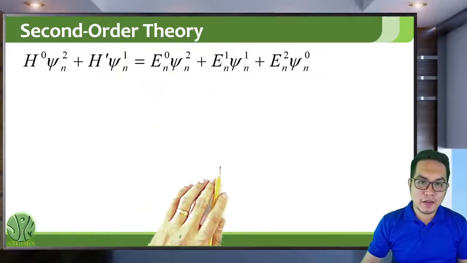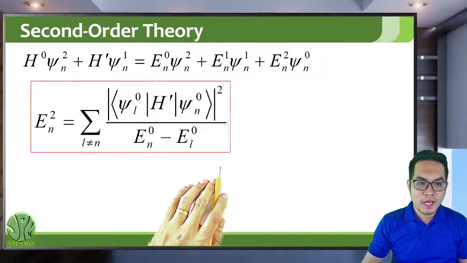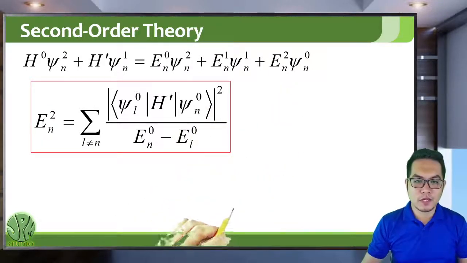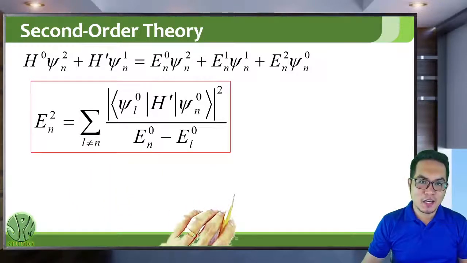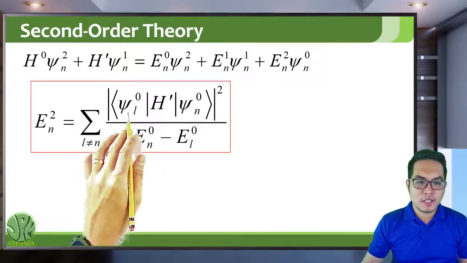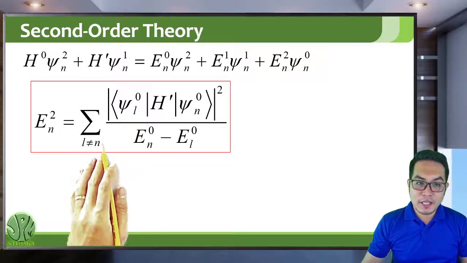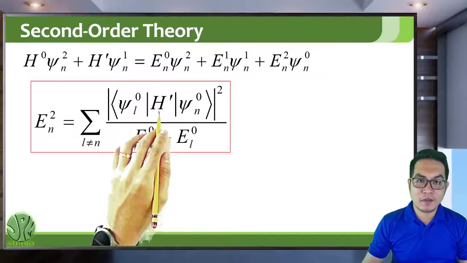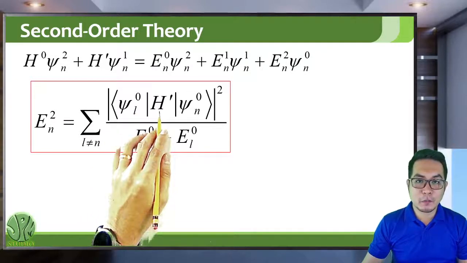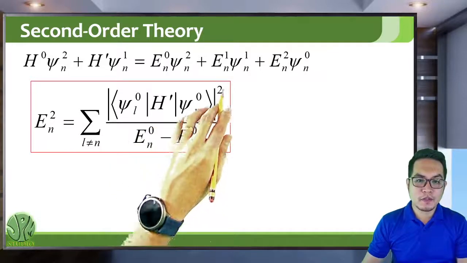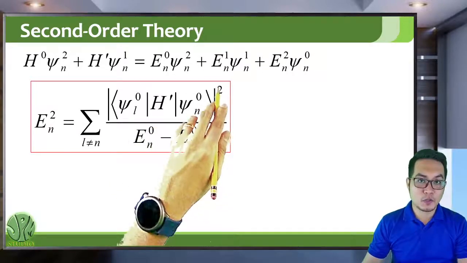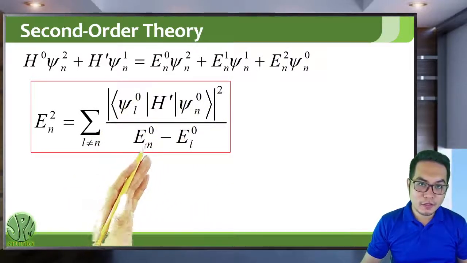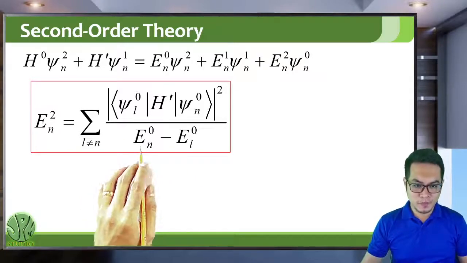So we actually have 5 terms. And simplifying to solve for the second order correction in energy, En2 or En squared, we get this equation. So it is a summation over L not equal to N, and you have the expectation value of the perturbation Hamiltonian, then you get the absolute value squared. So again, absolute value squared means you conjugate the term and multiply with itself, and of course you have the difference